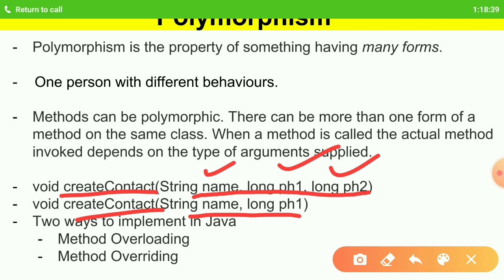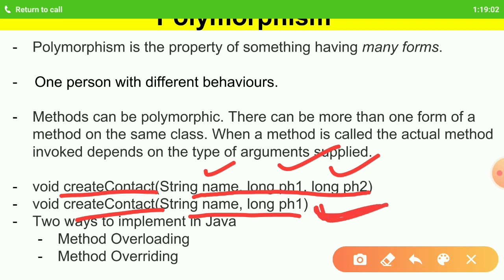But you can also just enter one phone number for a single name, and that will be fine as well. So when you enter a single number, this function will be called.